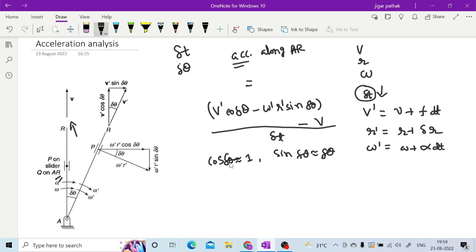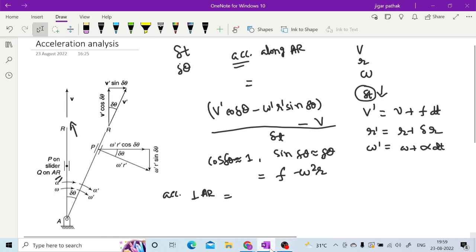When you put these assumptions, you will end up with the acceleration along AR as f minus omega square r. I am not writing the full derivation because it will take too much time, but when you do this you will find it. So acceleration along AR will be like this, and acceleration perpendicular to AR will be, one second,